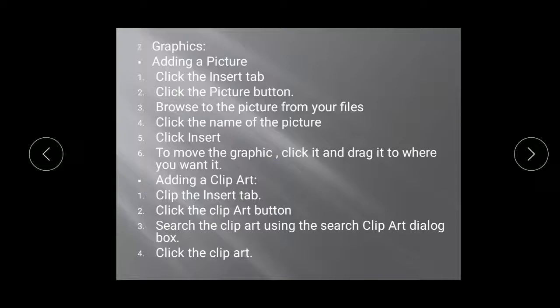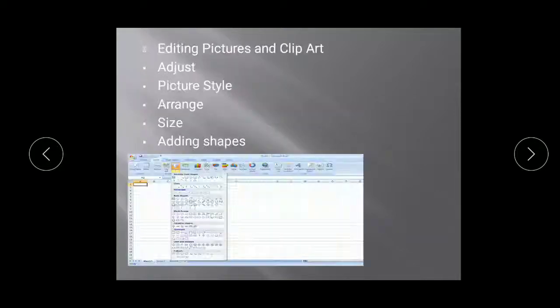In that, you have a number of clip arts, as I had shown you for Word as well. You select the clip art. If you wish, you can search in the clip art tab. If you write car, you'll get images of cars. If you write school, you will get images of schools. Any one which you want, click and drag it onto your screen. Click the clip art, and that will be added to your workbook.